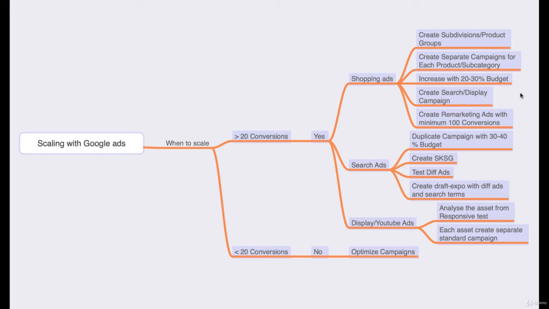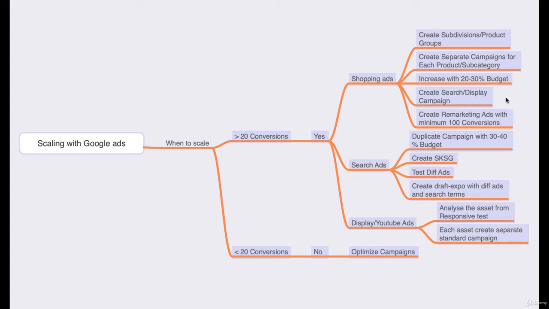That is all about shopping ads. And in shopping ads as well, when you have got your converting product, then you can create a separate search campaign, and you can create a display campaign. I'm going to recommend you to create a separate display and a separate search campaign as well.